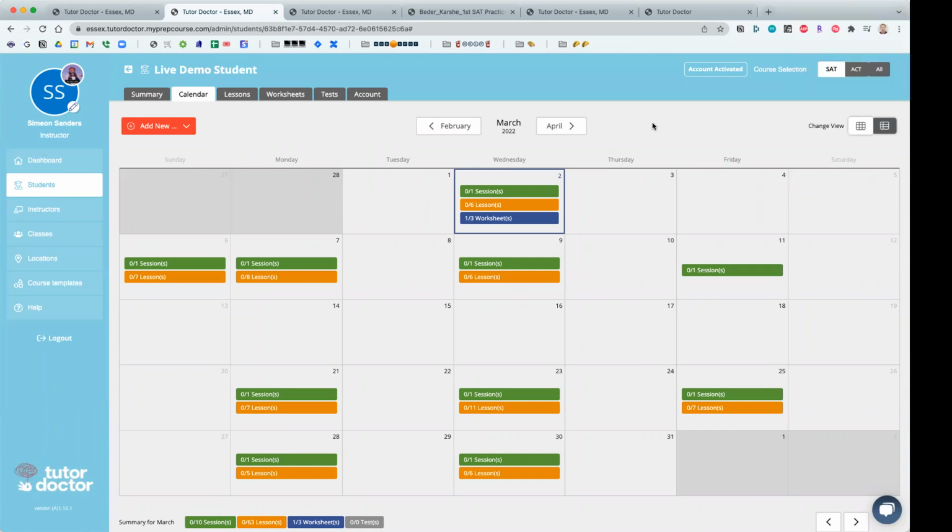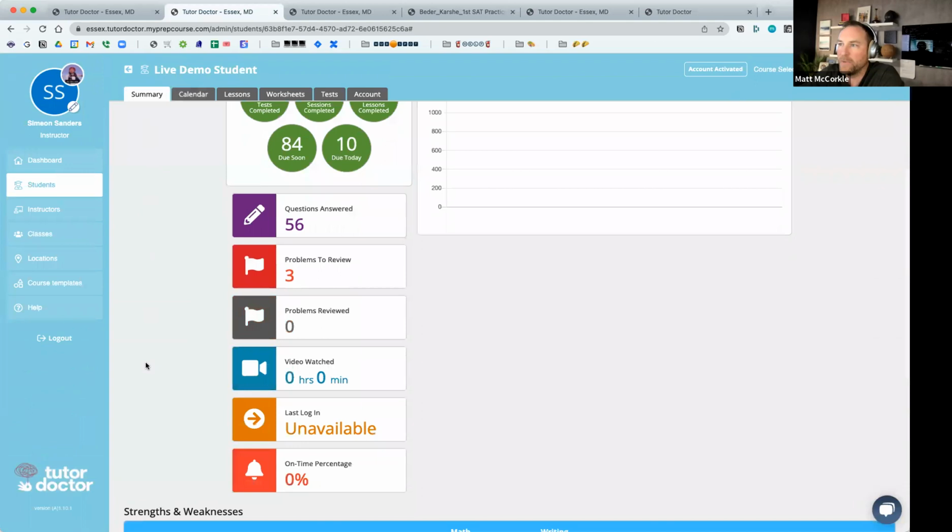If we can hit the parental report so that we understand how this data flows into the parent report that parents receive on a weekly basis. Perfect. So you've seen on the summary screen, we track a bunch of these things in terms of how much